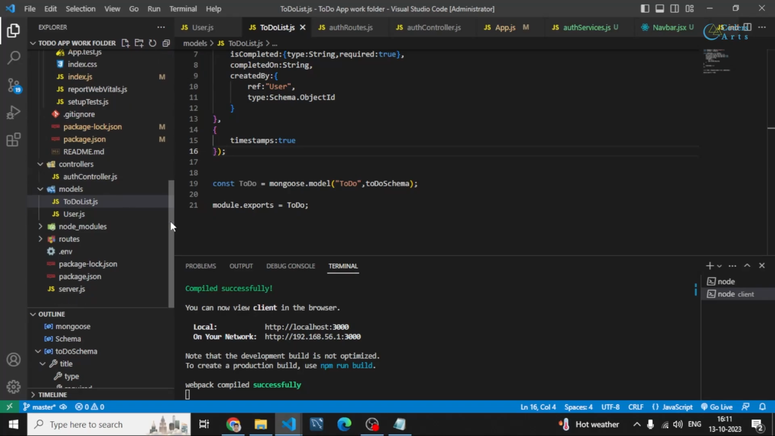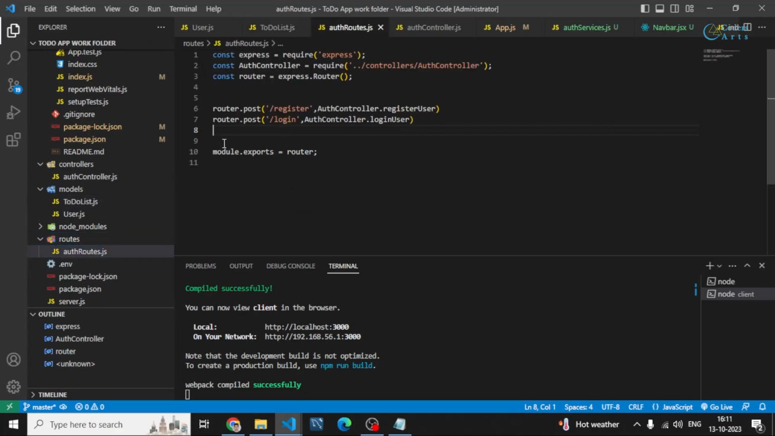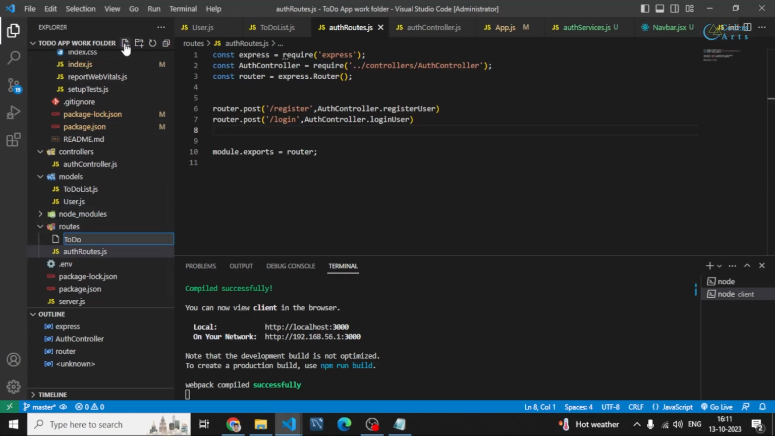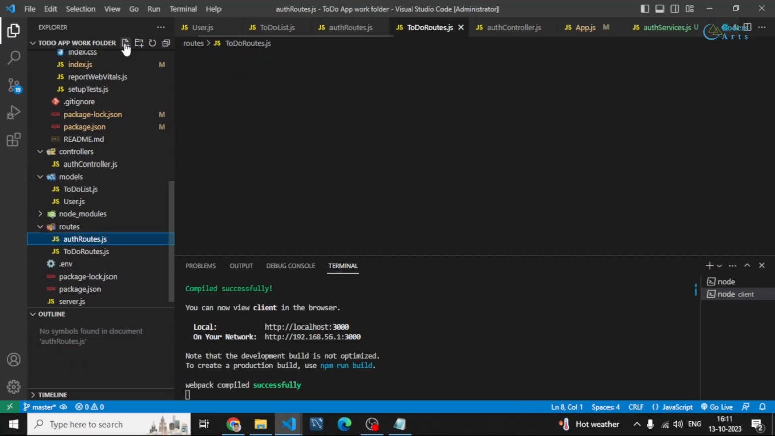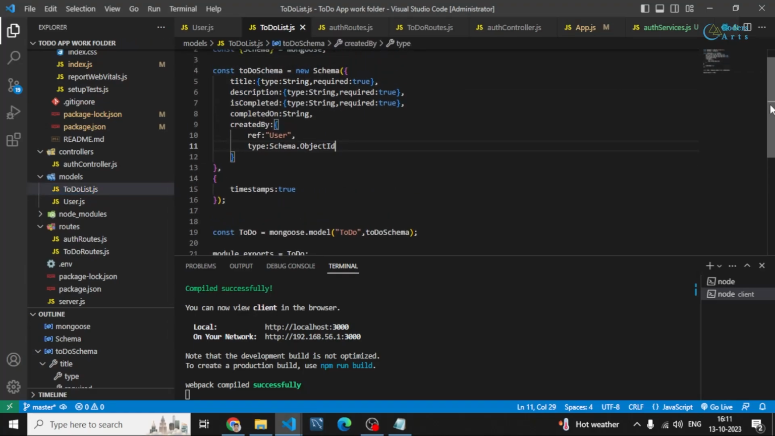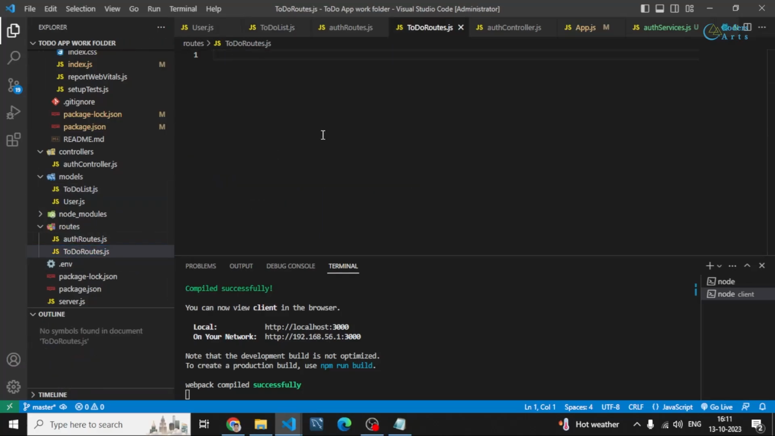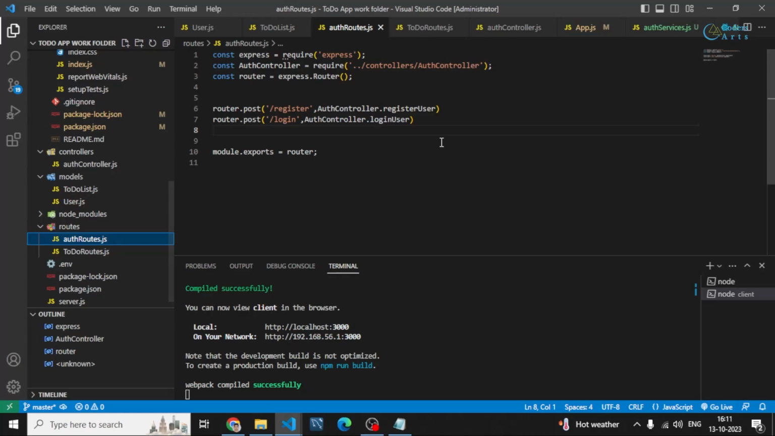Now I'll be creating the route for this. For a single route I'll be creating that. Before that, let me just create the route file first, todoRoutes.js. So this is our model. Now we'll be able to create todo tasks in the backend. In todo routes, I'll be creating a simple copy of this,